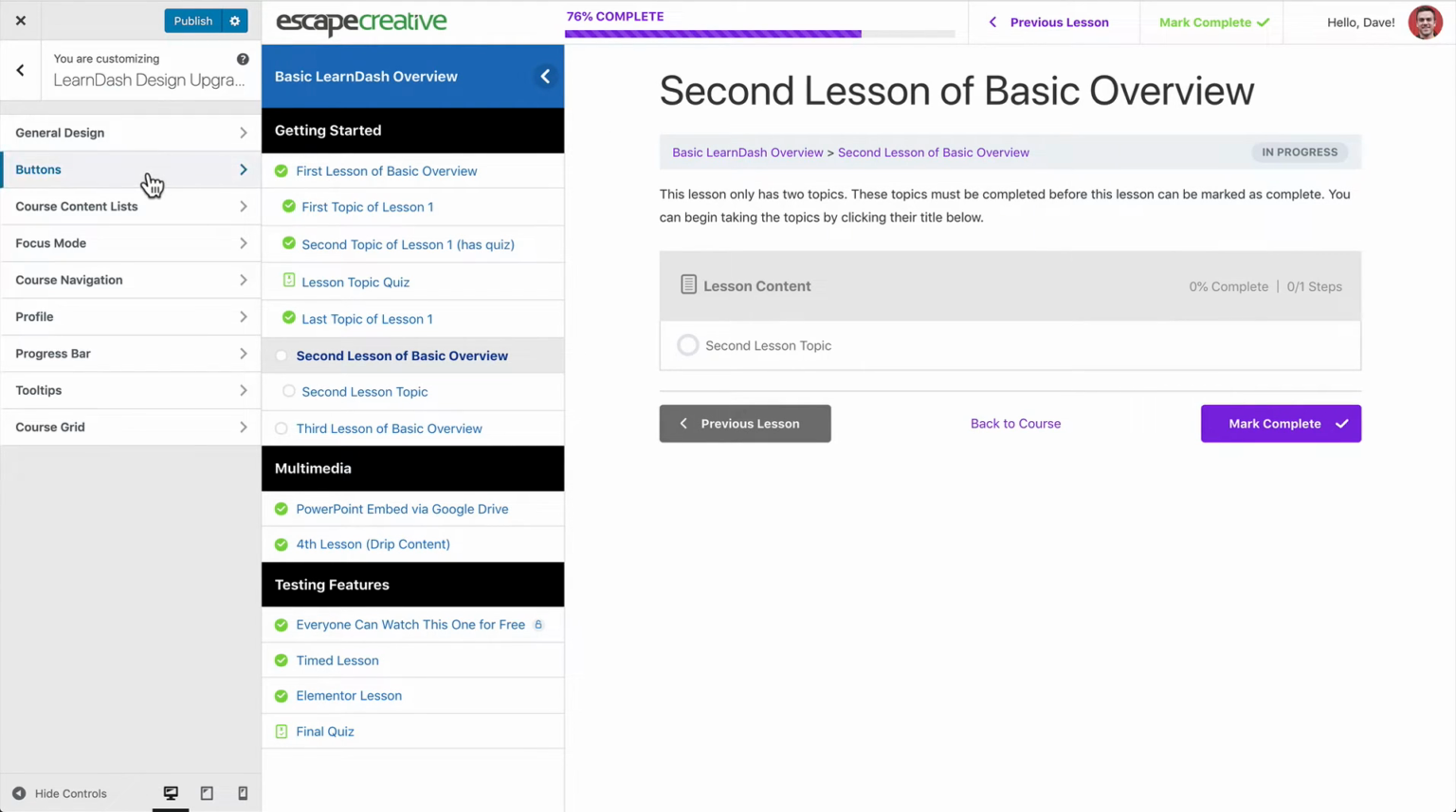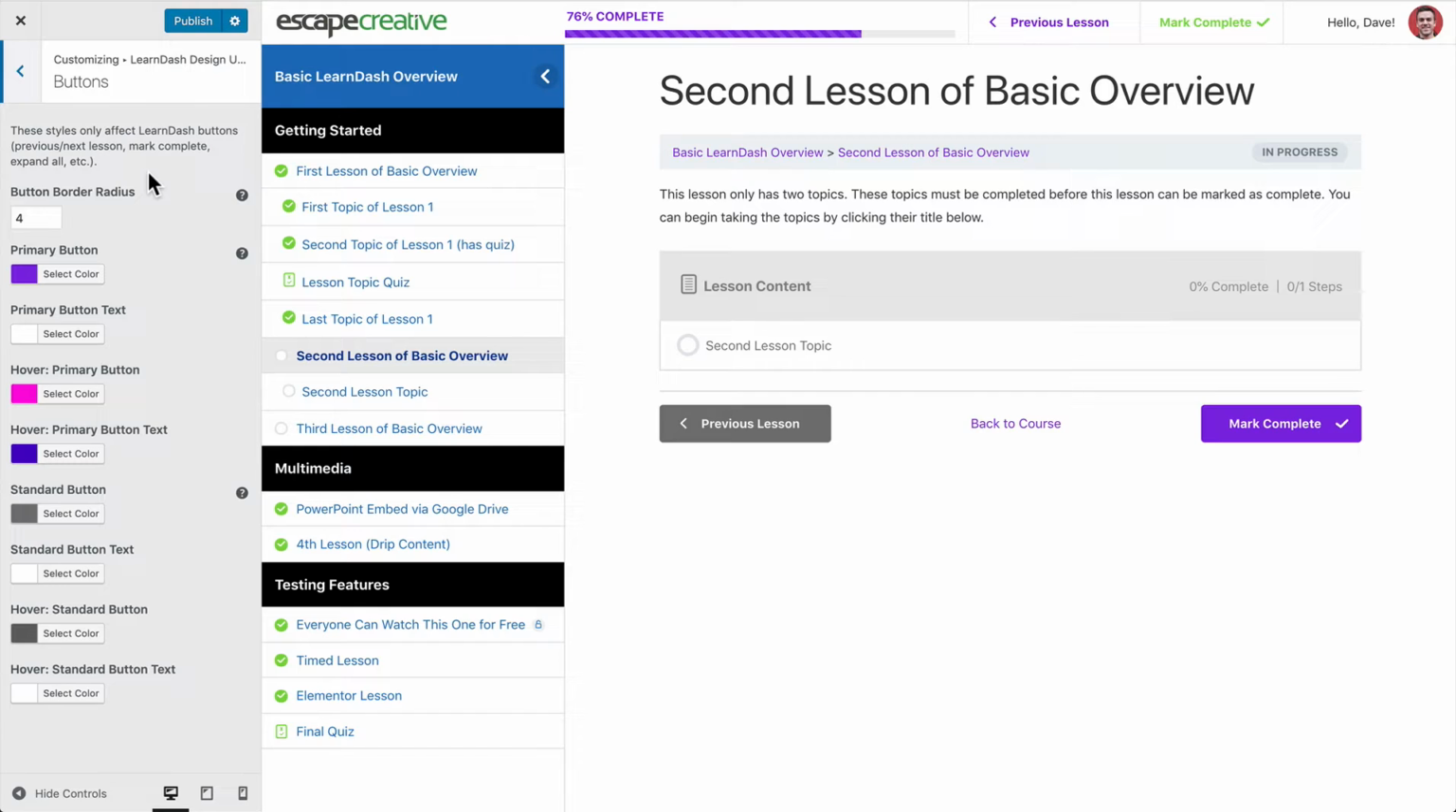You can get to that here on the Buttons tab. These will affect buttons like your next and previous navigation, mark complete, expand all, collapse all, things like that. These are all pretty self-explanatory. Your button border radius here is going to just apply to your button, so you can set your button border radius to be different than your global border radius. As you'll notice here, this previous lesson and this Mark Complete button both have a 4-pixel border radius, which is set right up here. And then from there, it's really just background color and text color for both primary buttons